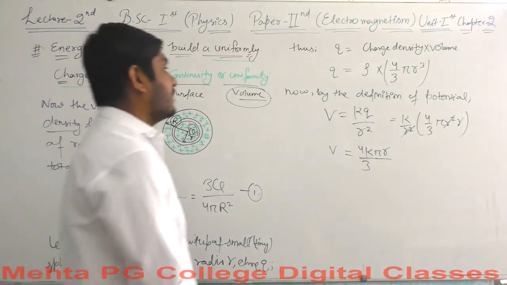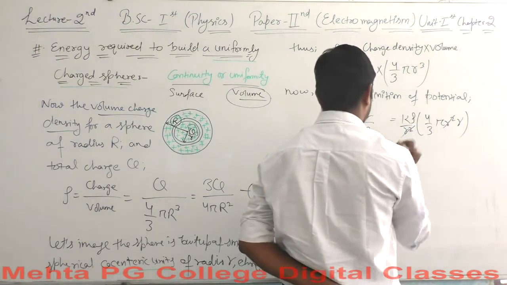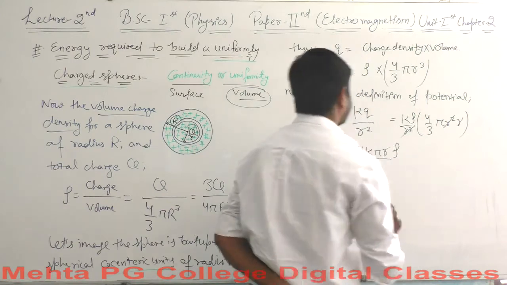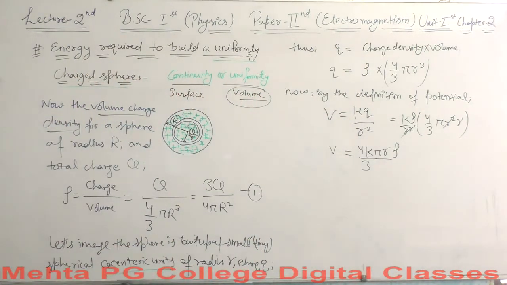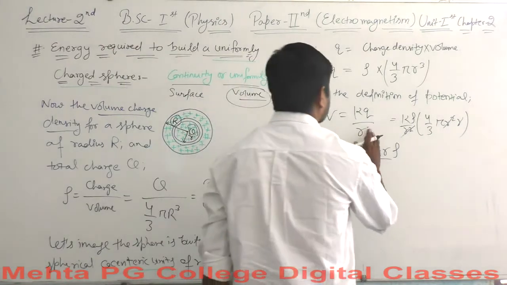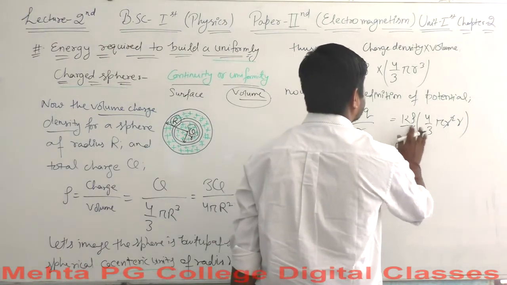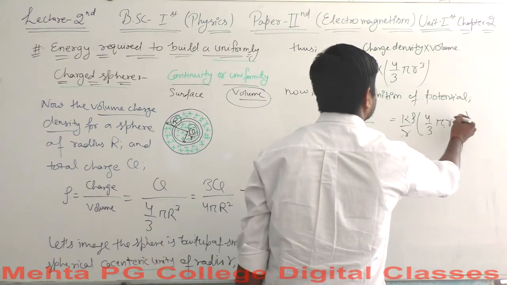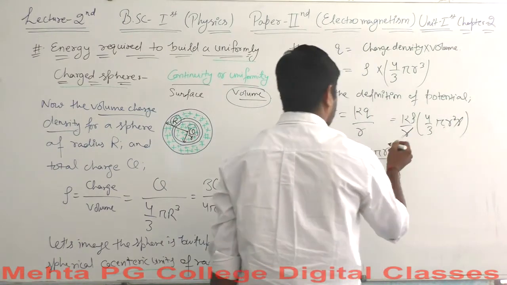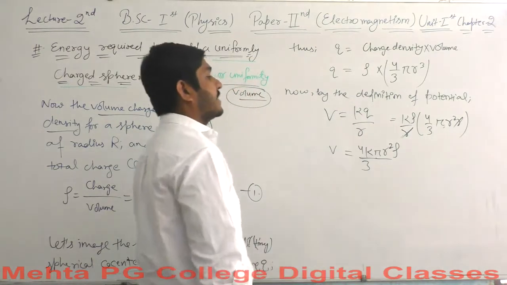Another thing that is left is rho. Yes, rho should be considered here. Sorry. So this is the value of potential by now. This should be not r square but r only, I made a mistake, sorry. This is r here, so r square will be left here.